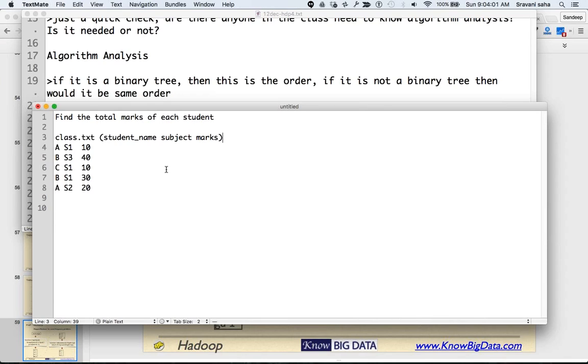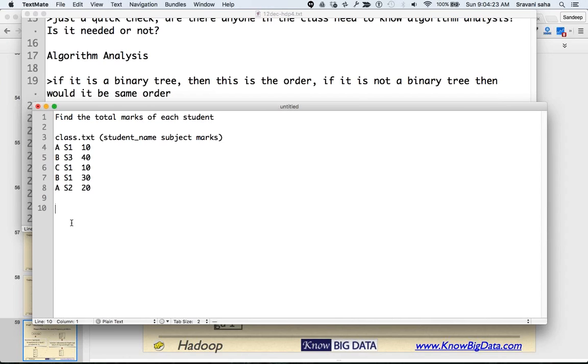What you need to do is find out the total marks of each student using MapReduce. So, to Hadoop MapReduce, we will give class.txt as the input,